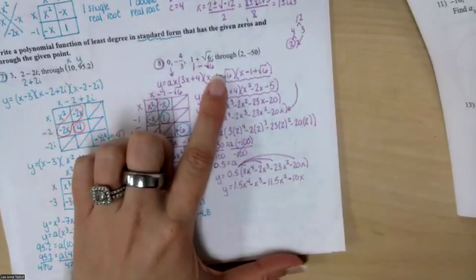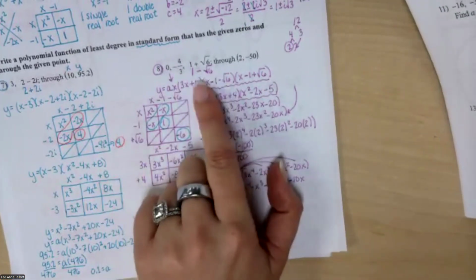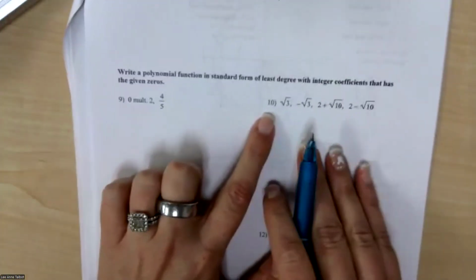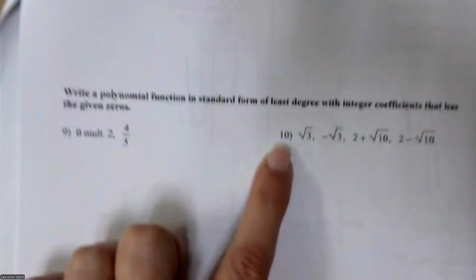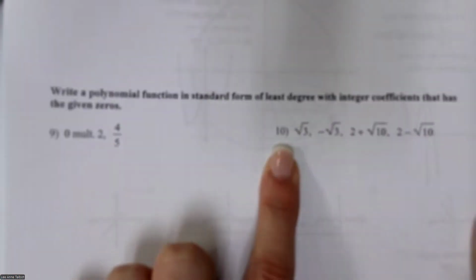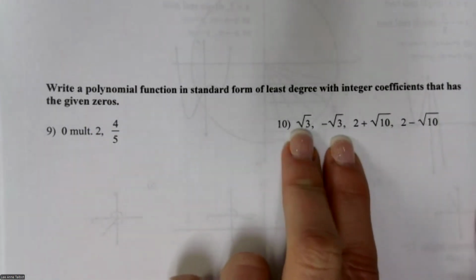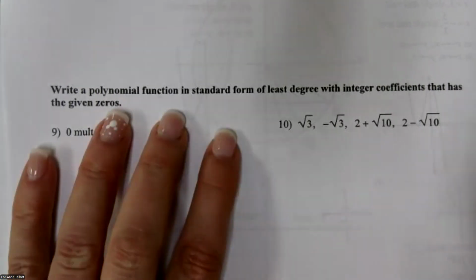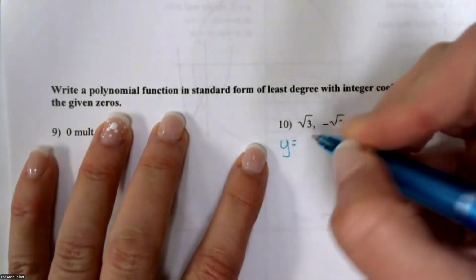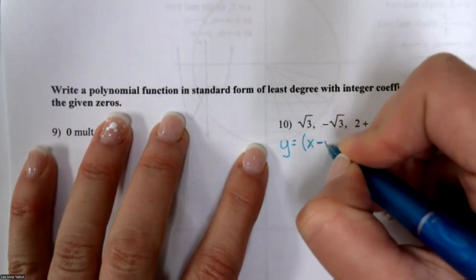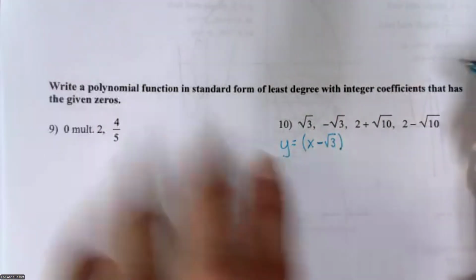Well, it's exactly what we just did in the warm-ups, right here. No, right here. See, look right here on the warm-ups. It's like this step. Okay, so number 10. Now, you have to admit, how nice was Mrs. Talbot in number 10? Did anybody realize how nice I was? I gave you the conjugate, so you didn't have to think about it. So y equals x minus root 3 for this one,